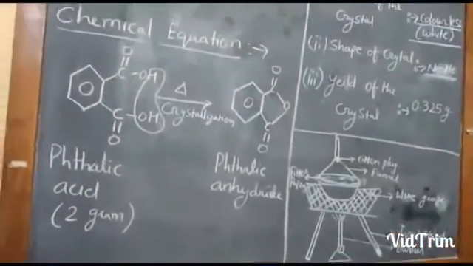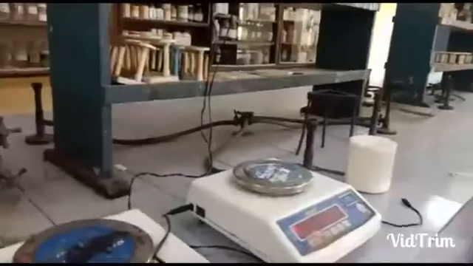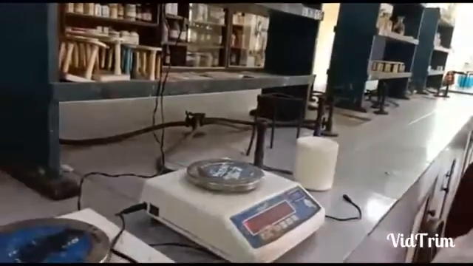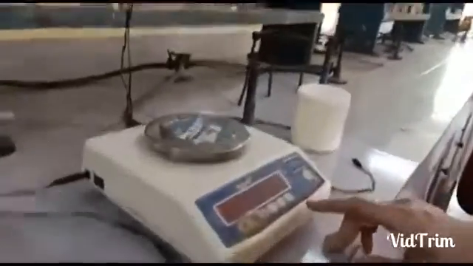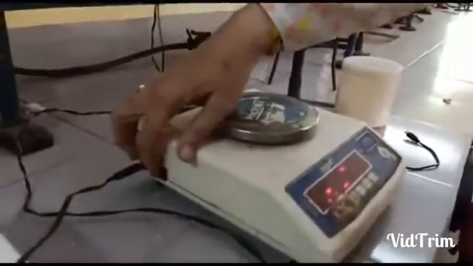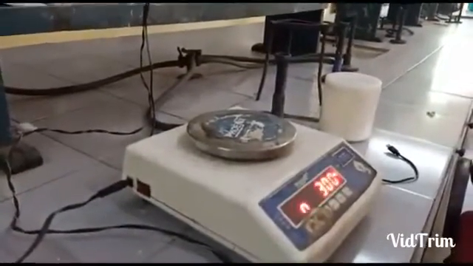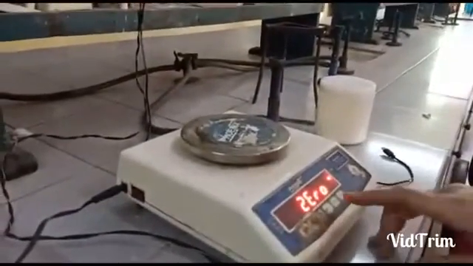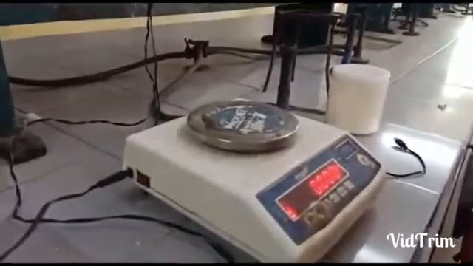Now I am going to show you the demonstration of the practical. Look at this. This is an electronic balance. Here one switch is there. By this we are going to switch on the chemical balance. Okay, let's wait for 0 to come. Now 0 came. Now first we have to keep the paper